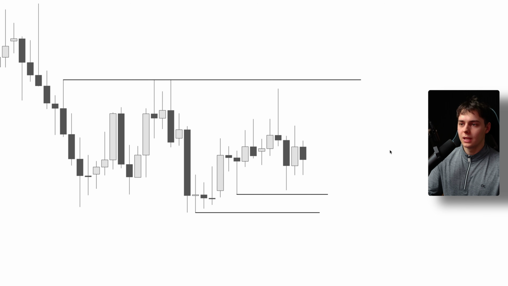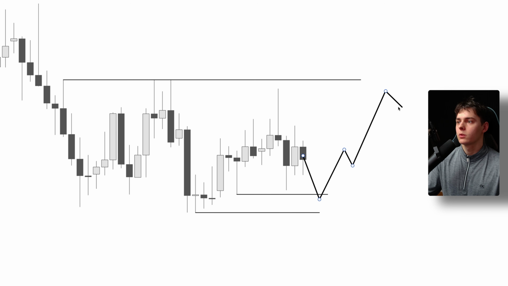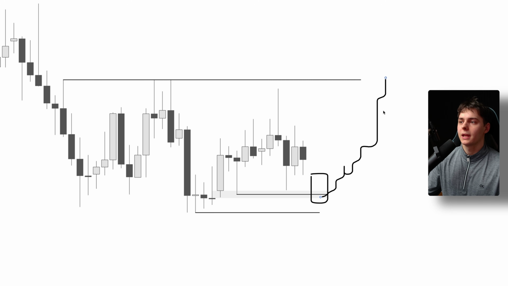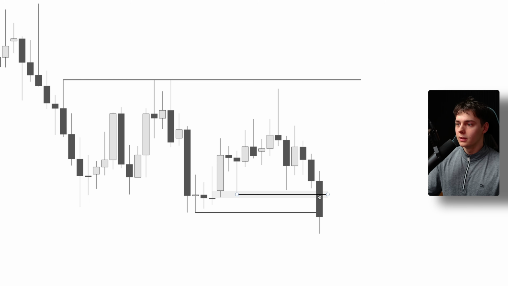However, we need to identify where we're going lower. I previously told you we need to take out liquidity in order to go in the more favorable direction, which is the highs. But there's actually a little bit more confirmation than just that alone. We have this entire price action gap. A lot of you guys like to trade into the price action gaps and then away from them. I like to see a body closure below that entire gap, and only from that point on I can expect higher prices. So let's just see, this trade has traded lower, this entire body closure has been filled out,